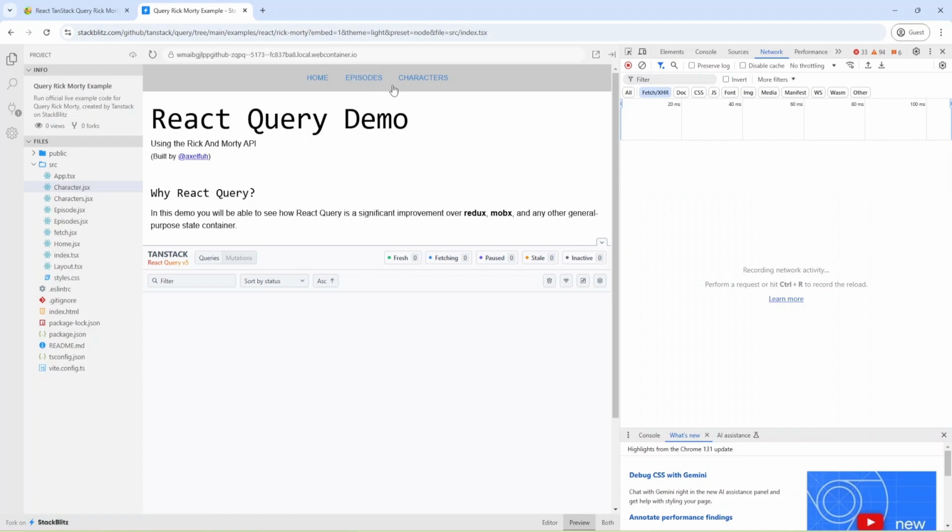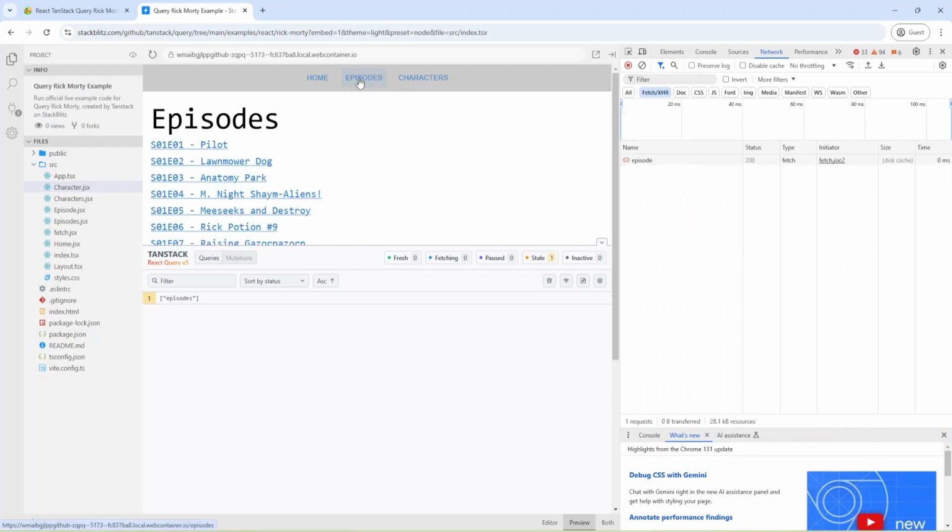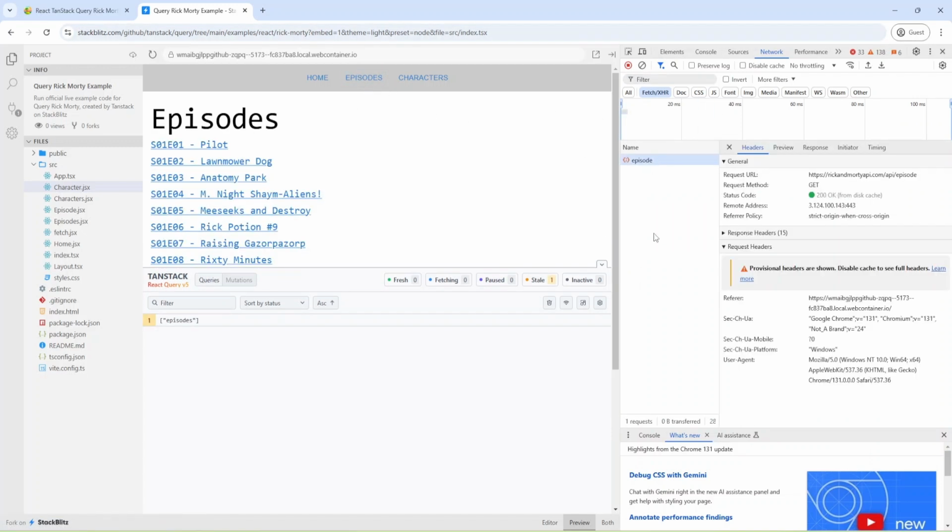Let me clear here as well and go to episodes, and as you can see in the network tab we have some episode, but it was from cache, I believe, because we have some data in cache.